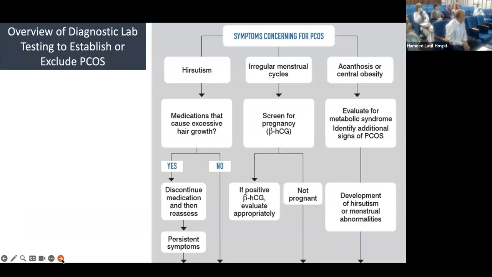This is a schematic diagram giving an overview of diagnostic lab testing to establish or exclude polycystic ovarian disease. If there is hirsutism, you look at medications. If she has taken any of those, yes, discontinue medication, and if symptoms persist, then go on. If no, then go on. Irregular menstrual cycle: screen for pregnancy in reproductive age. That, of course, is the first thing that we need to look at. If positive, of course, then we know what to do. If not pregnant, then